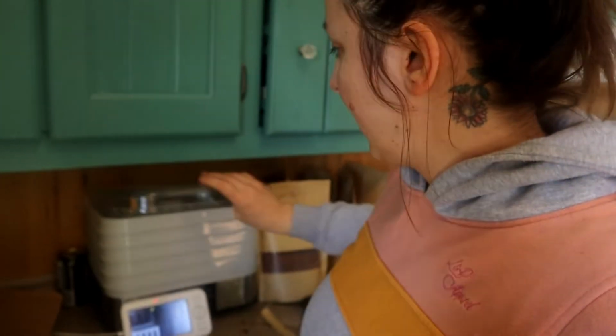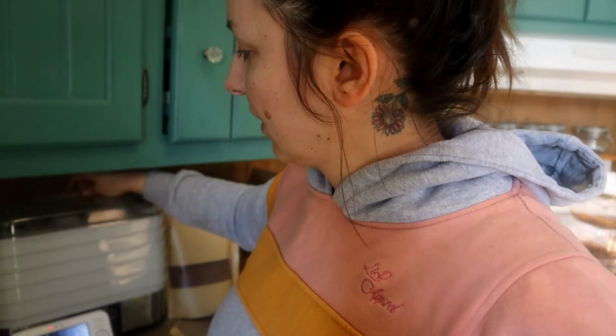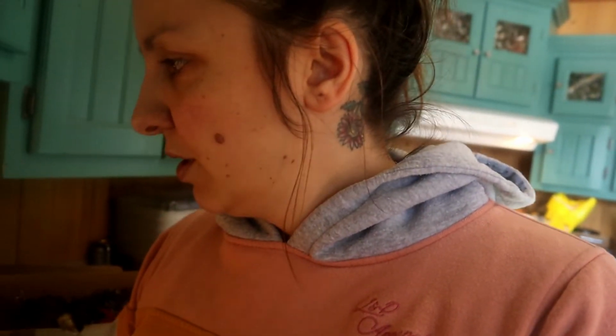I do have some stuff that I dehydrated. I did get some bargains on some vegetables, so I did dehydrate them to not waste them. I'm gonna process that, then clean this while listening to Jill's from Roots and Refuge Farm, Whispering Willow Farm, her online course. It's Whispering Willow and Mindful Farmer course